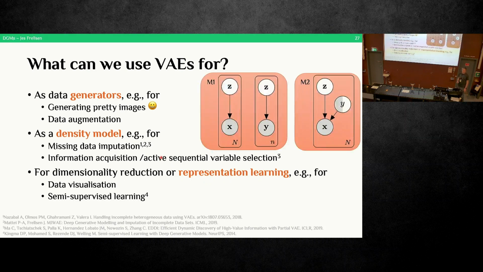But we can also use it for semi-supervised learning. If you've got a huge set of unlabeled data and a small labeled data set, then we can first train a VAE on the large unlabeled data set. Afterwards, we can use this low-dimensional latent representation to train a standard supervised model. That way, we can utilize a large unlabeled data set to learn a good low-dimensional representation. Imagine if you've got a very high-dimensional data set and very few samples, then it would be very hard to fit a classifier on it. But if we can project that in a smart way into a latent space, then we can train a simple